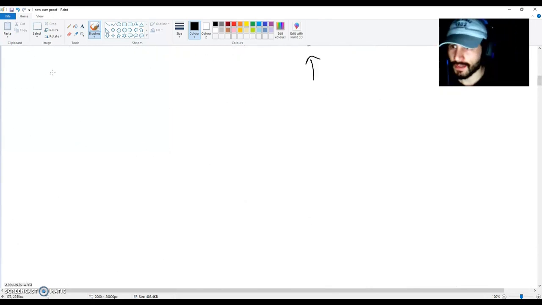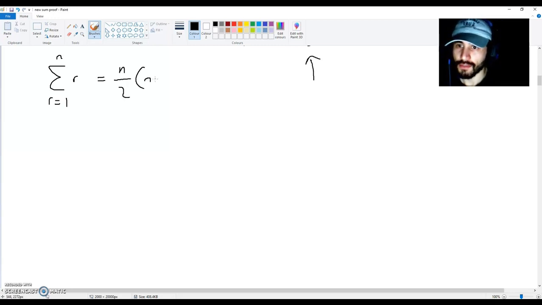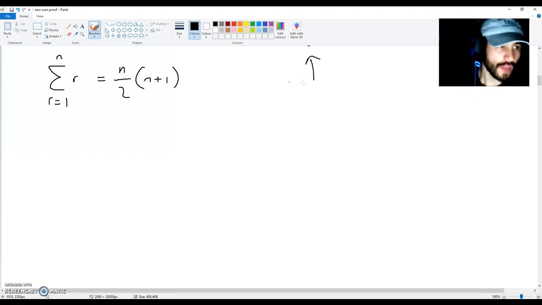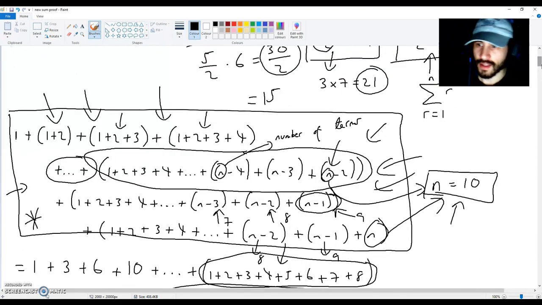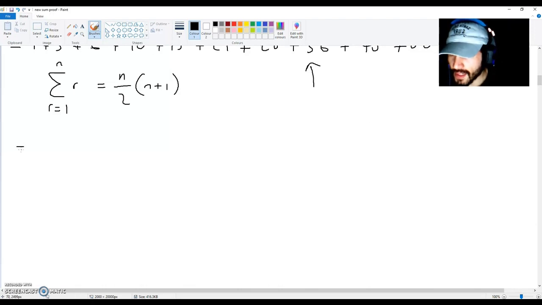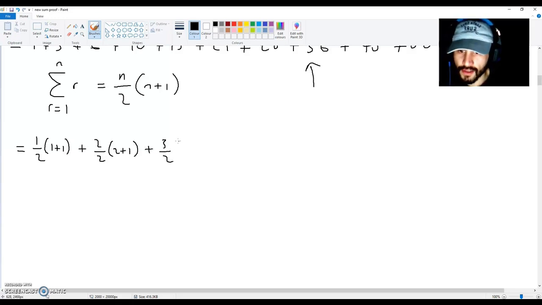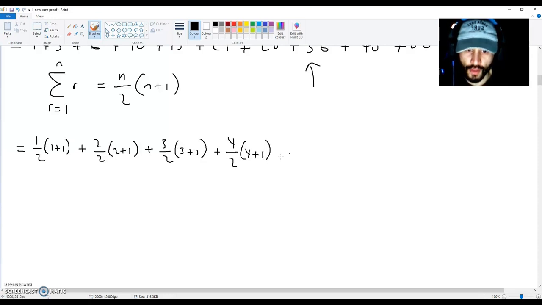Because we know this, the sum of r with r equals 1 at the bottom and n at the top, for the number of terms, is equal to n over 2 times n plus 1, we can say that this description is the same as 1 over 2 multiplied by 1 plus 1, plus 2 over 2 multiplied by 2 plus 1, plus 3 over 2 multiplied by 3 plus 1, plus 4 over 2 multiplied by 4 plus 1, plus